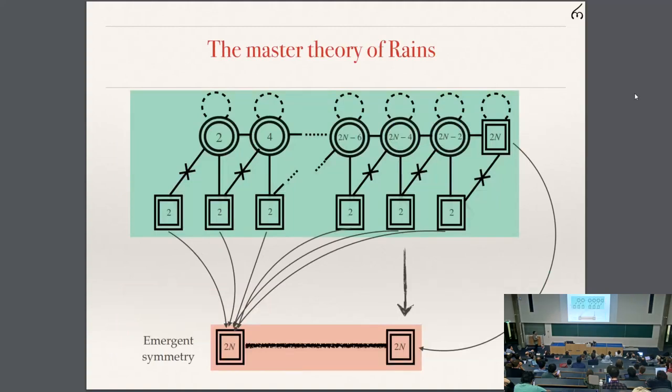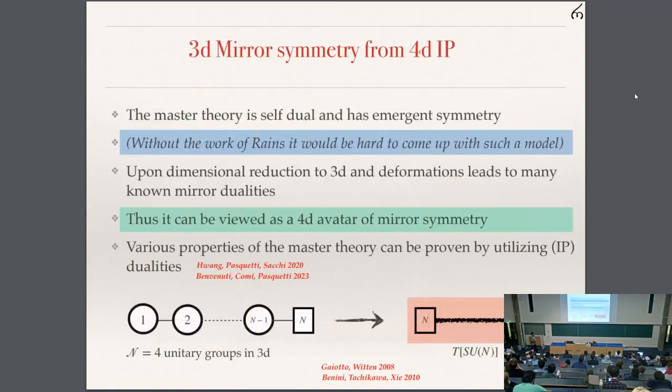In physical language, the theory that Rains has constructed is this monstrosity. It has a lot of symplectic groups with a lot of fields of different types, and the mathematical claims of Rains are equivalent to stating that the flavor symmetry of this theory is USp(2n) times USp(2n), although in the UV, in the Lagrangian, you only see USp(2n) times SU(2)^n global symmetry. But again, study of the index indicates that there is such an enhancement, and then using various techniques that we have mentioned, and dimensional reduction, you can show that